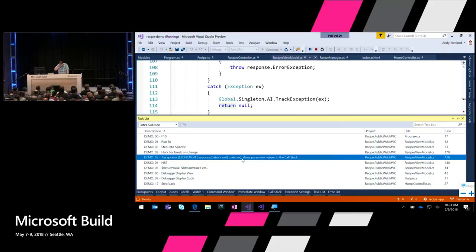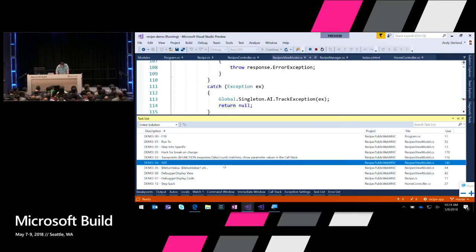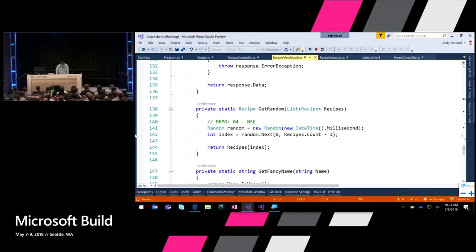I'm gonna have a sip of water. Yeah, let's set a breakpoint here. So let's go back to